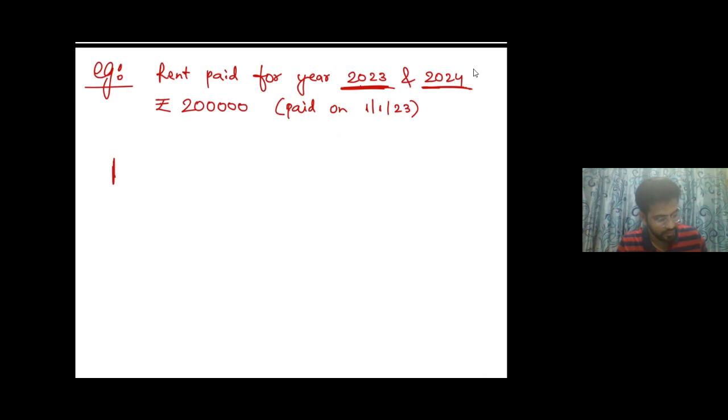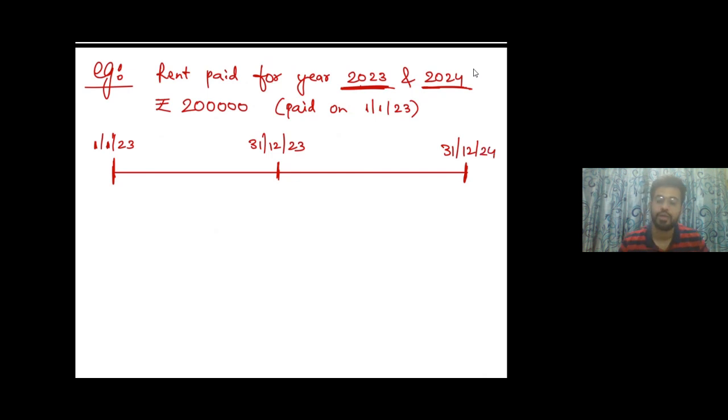So let's assume this is your timeline. We will start on 1st of January 2023. Then we will have one year end at 31st of December 2023, and then we will have another year end at 31st of December 2024. How much is the rent I have paid? That is 2 lakh rupees. So I will write here,